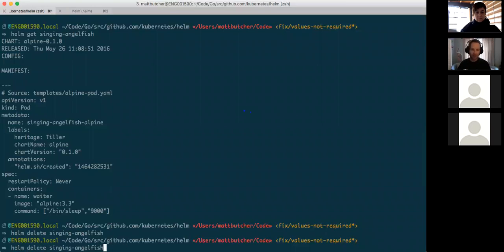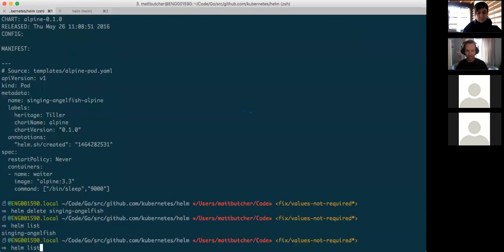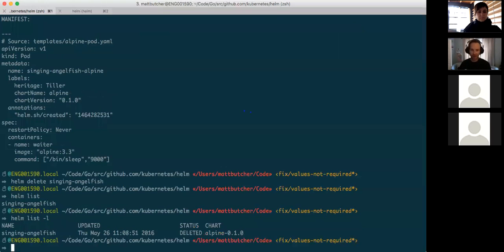Now if I go back and run a Helm list, I see that that's still there. Well, why is that still there? Because when we delete stuff, and we'll probably add some filters on this so that you don't have a bazillion deleted things, we want to track inside of Tiller when something is deleted. We don't want it to simply go away, because I might delete it and you might say, hey, we were using that. And so you might want to roll it back and say, all right, what was the one? Oh, it was singing angelfish. Let's roll that back to the last release. The rollback stuff is not done, but that's what we're working on.